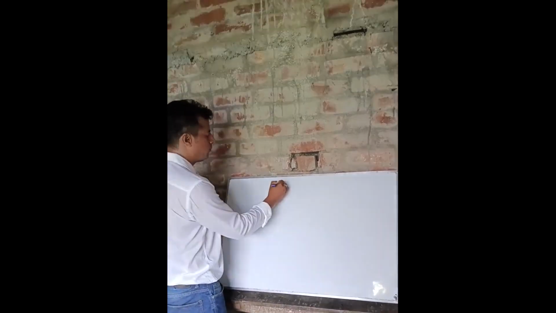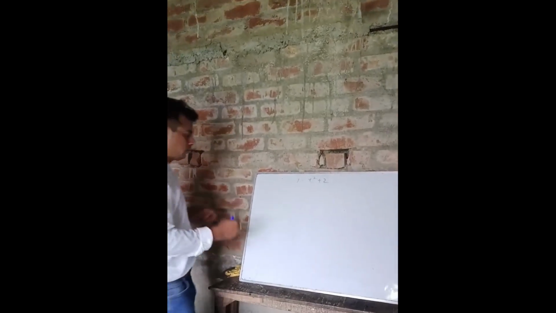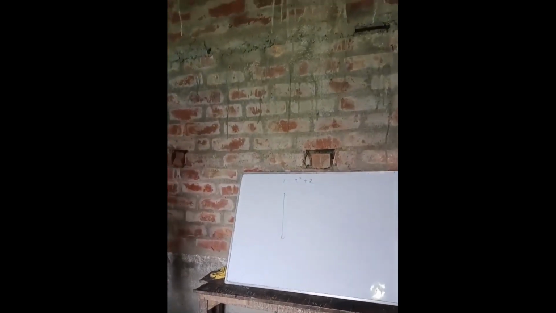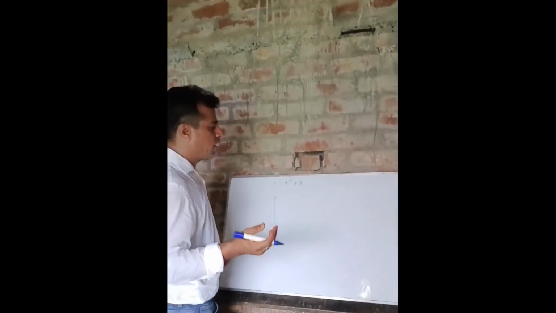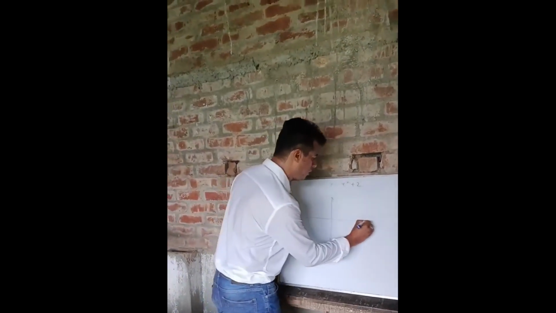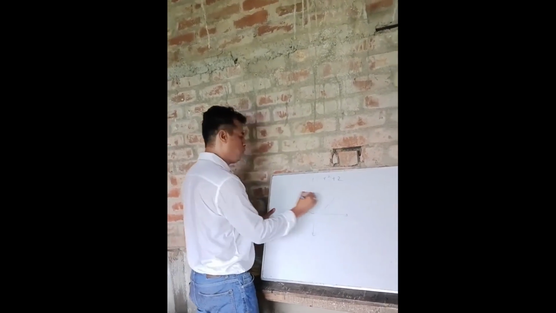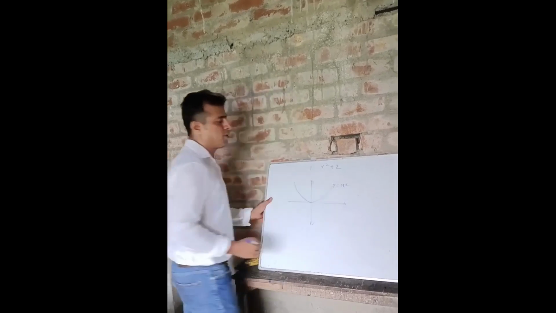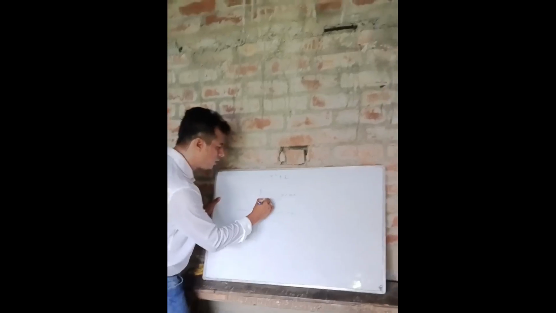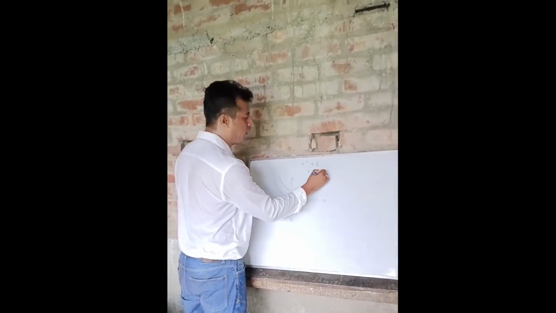Now y equals x square plus 2. Similar to before, we have to draw it. We can also do it by taking x equals 0, y equals 2, x equals 2, y equals 6, like that. But we will see another way. This is y equals x square, and plus 2. This is the same graph, 1 unit, 2 units, parallel to this curve. This is y equals x square plus 2.